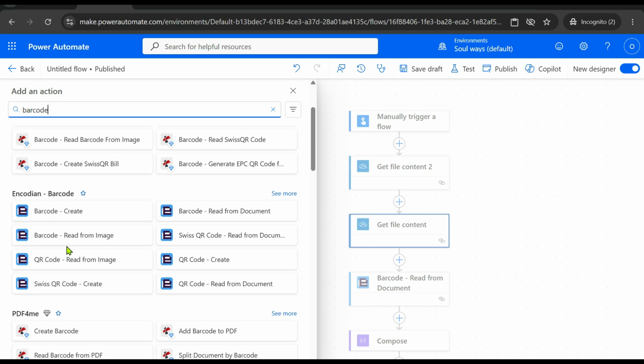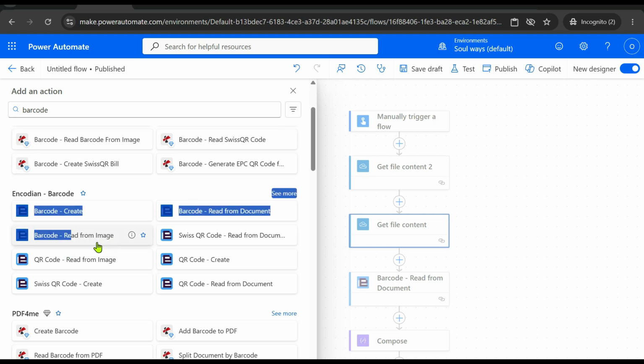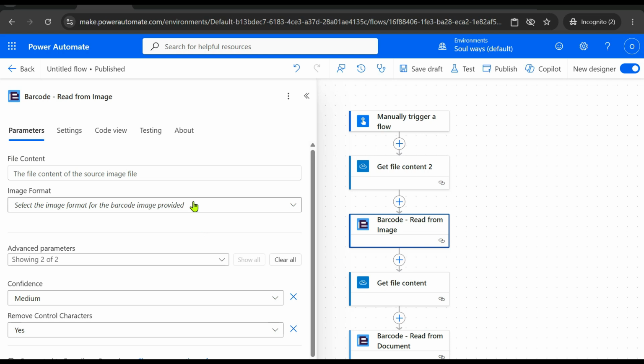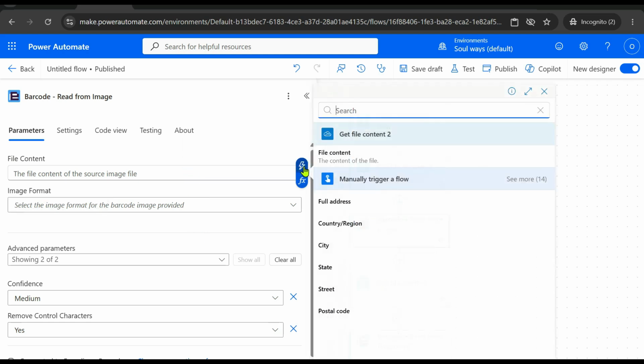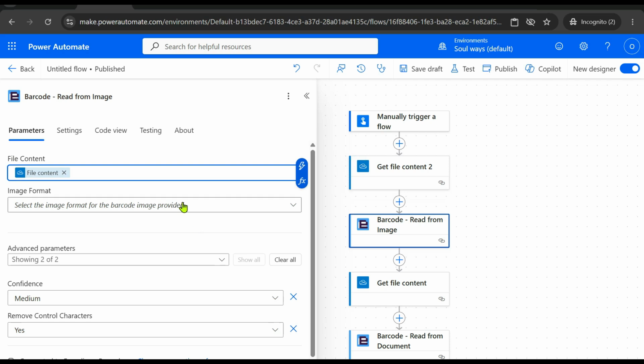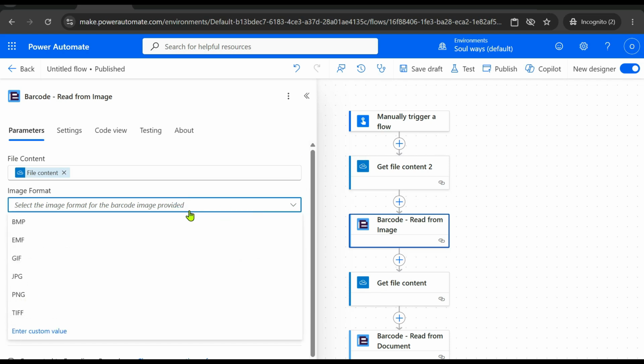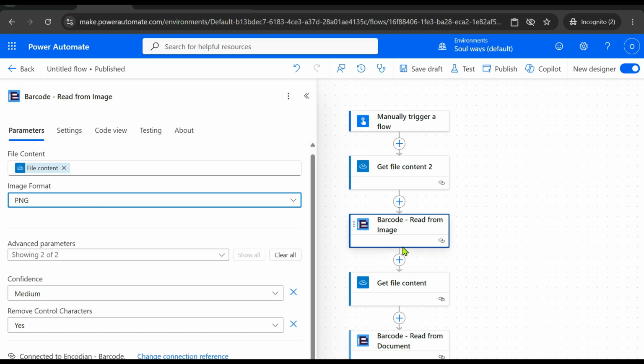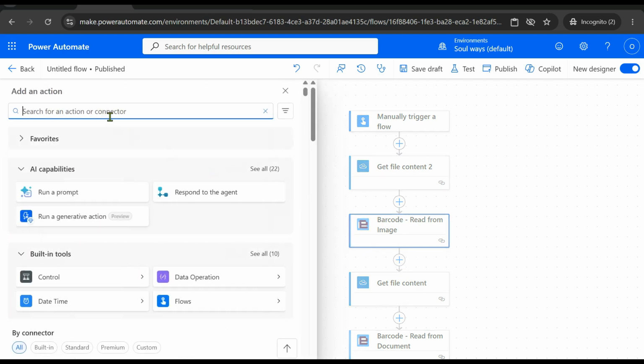So, barcode read from image. Just drag and drop or double click, it will come. Okay, here is my file content. I will pass this get file content to it, and I can see this image format. Actually I have the image format, which is PNG. So you select that PNG, and I will use the compose activity,